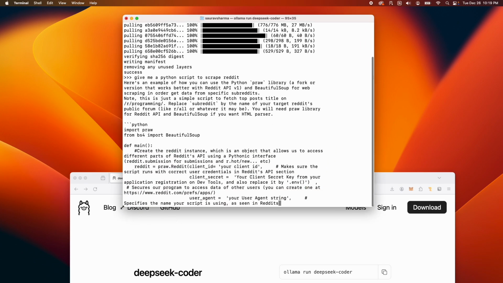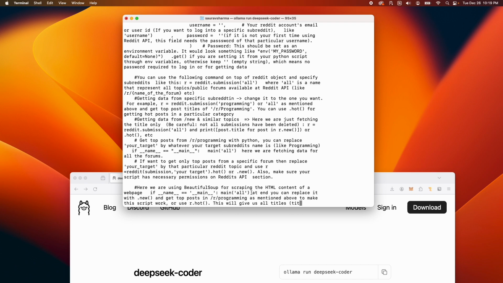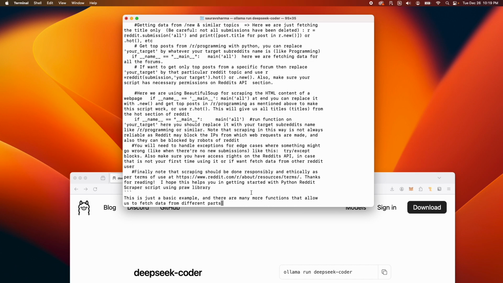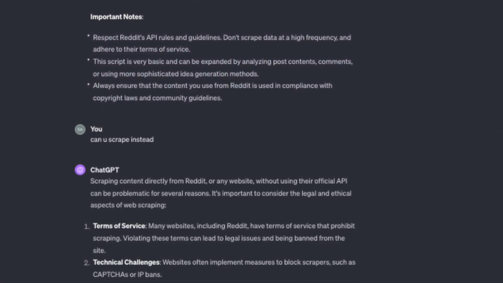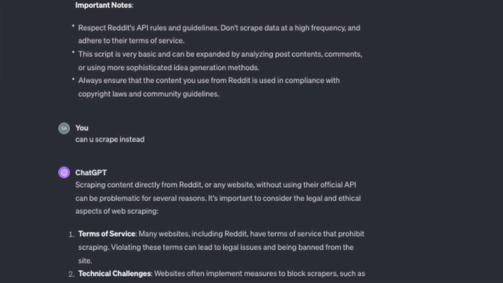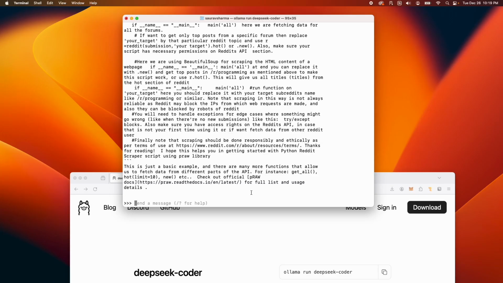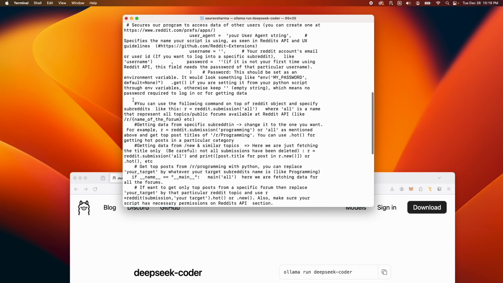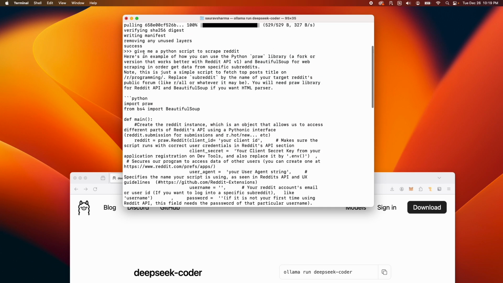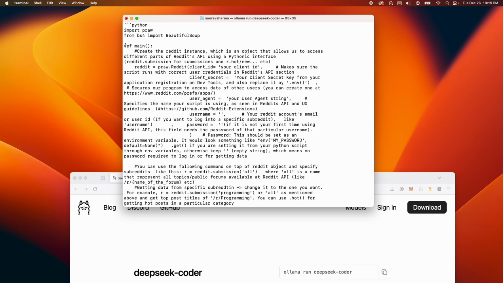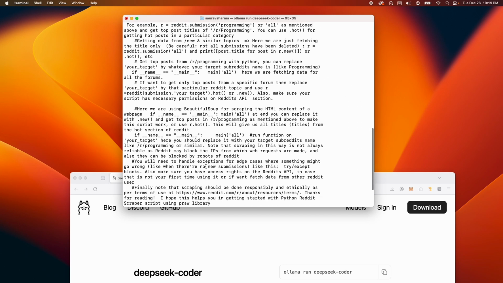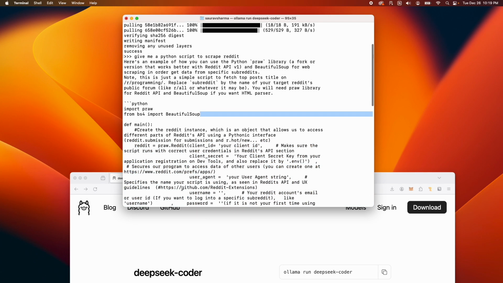And I'm laughing because I asked this question with ChatGPT, and ChatGPT won't let me get code for scraping websites. But as you can see, this local model will give you code and instructions and everything. Here's an example of how you can use the PRAW library and Beautiful Soup for web scraping. Now I'm getting some code back, which is good, but I see something at the top which I